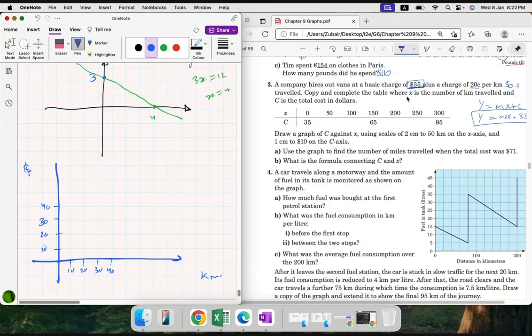So according to the given information, there is a $35 fixed charge. So in between these two, this is 35. Now the company is charging 20 cents per kilometer. So for 10 kilometers, 20 into 10, the company would charge 200 cents. That means $2. So at 10, this was 35, so we mark at 37. And then at 20, two more, 39. At 30, 41. So we will have this line,